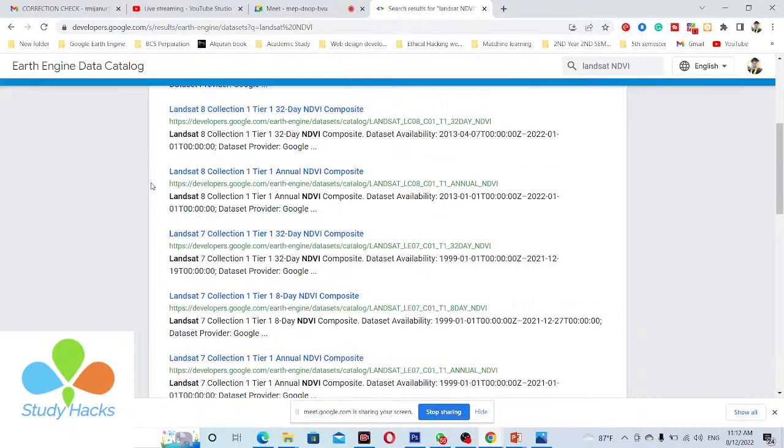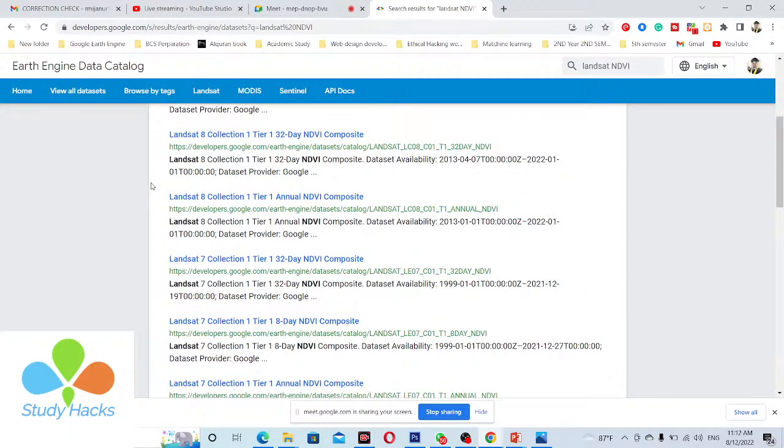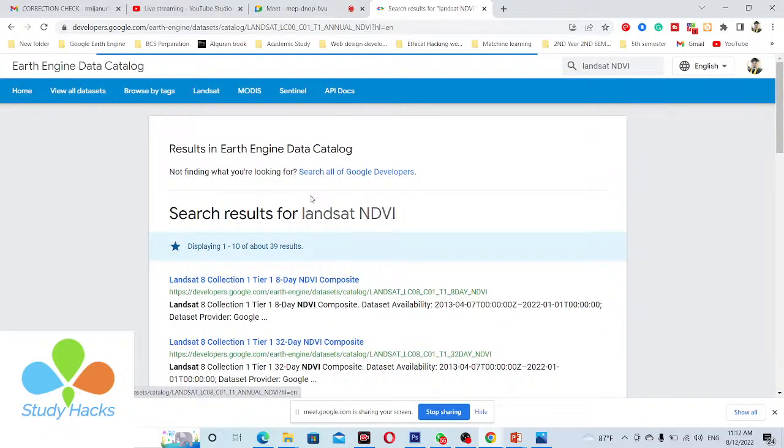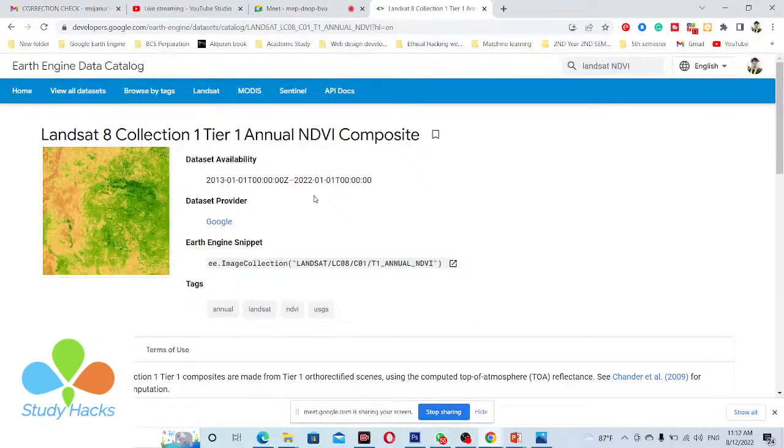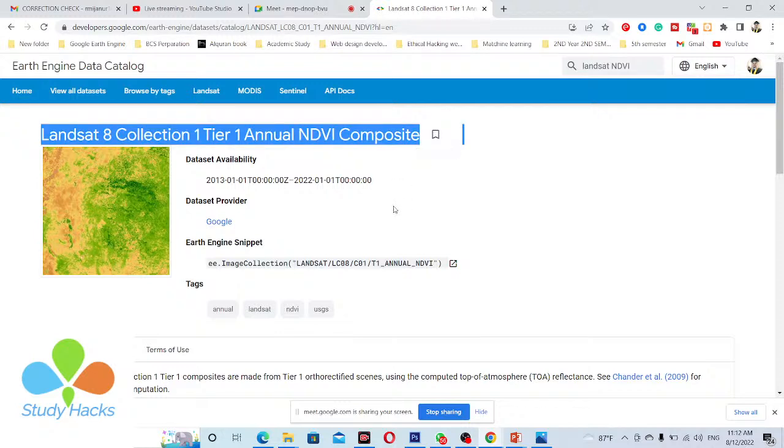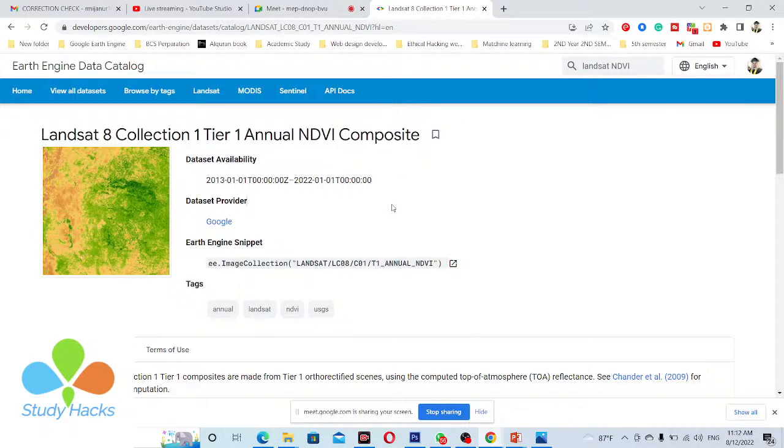So this time, I randomly take one dataset, suppose I want to check the annual NDVI composite. I simply click on the annual. When you use the annual composite, this dataset is created for every single year of NDVI. Suppose the years 2000, 2015, 2016, and when you use this dataset for making the time series chart, you can get the NDVI value for every single year.